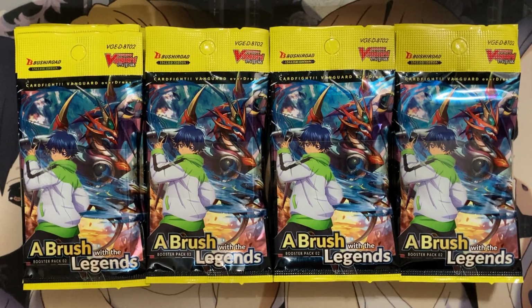We have our second sneak preview this weekend for the second Cardfight Vanguard Overdress set, A Brush with the Legends. It's a really awesome set that gives additional support for all the previous decks from the Overdress Genesis of the Five Greats booster set, along with support for two decks, including Dragonic Overlord and Phantom Blaster Dragon, being introduced for the D standard format. Definitely excited for both of those decks as well, so hopefully we can pull some cards for them in these